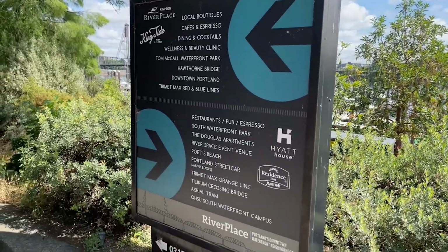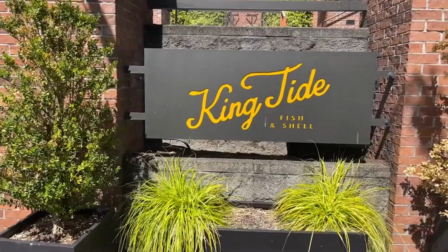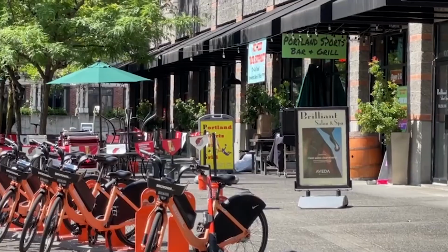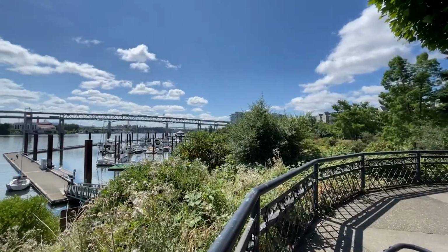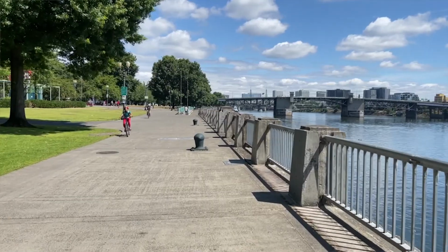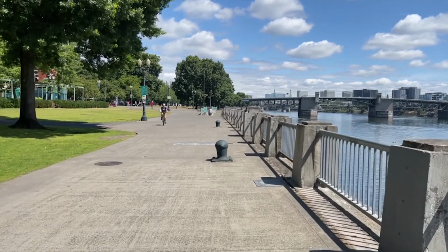That's right. And right now we're at the River Place market area. There's cafes, there's restaurants. This is a very lively place, lots of people out. You can rent bikes, you can go down to the docks, it's waterfront. And we're gonna take this path right up through Old Town. Now, this is called the Greenway, and it goes right along the Willamette, and it's definitely one of the highlights